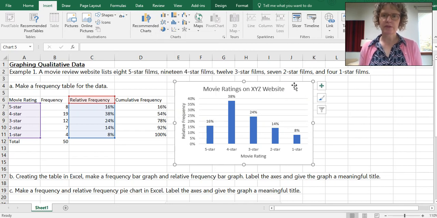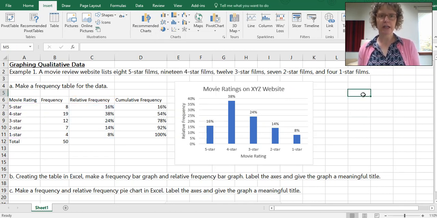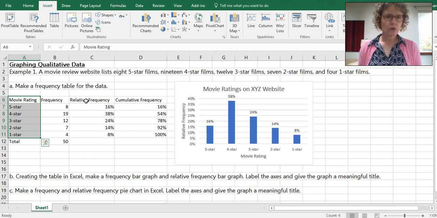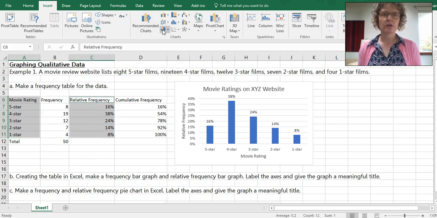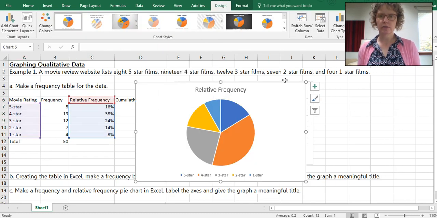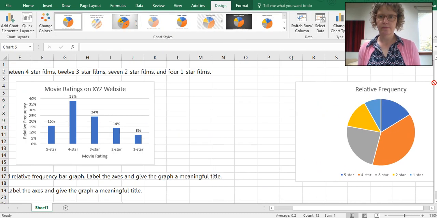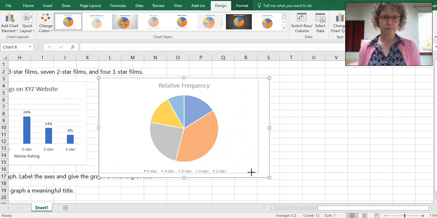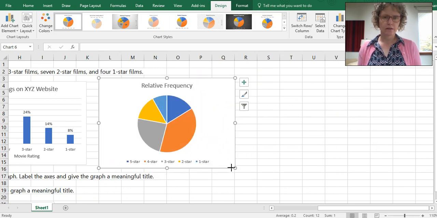I still had this selected, so it changed it. I want to keep this graph though, so I'm going to click off of it, and then this is no longer highlighted. So let me highlight it again. Control, hold that down. Insert pie chart. Make that a little smaller.